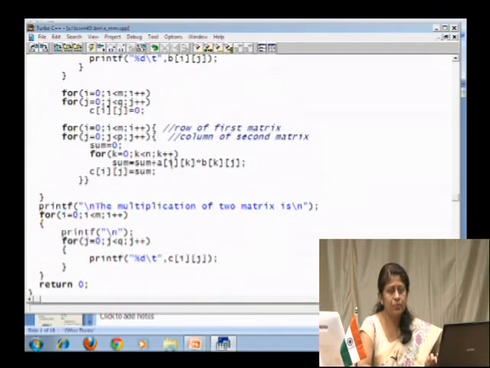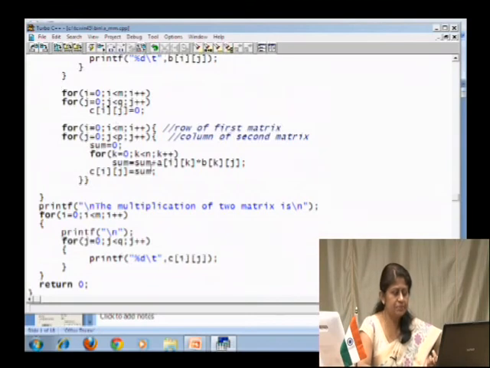So, we are dealing with the first row different column numbers of the first matrix, and in the second matrix it is the same column, that is j, and different rows over here. As we know that the first subscript always talks about the row and the second subscript always talks about the column. So, that is why this is happening over here. After that, I am assigning that particular sum value to C of ij, which happens to now be the first element, that is C of 0, 0. So, this keeps repeating until my j and the i loop are exhausted.